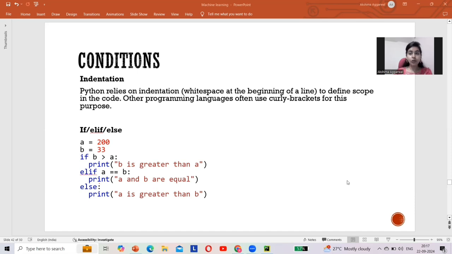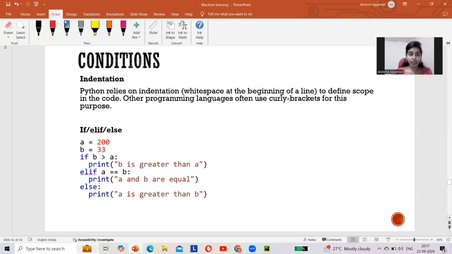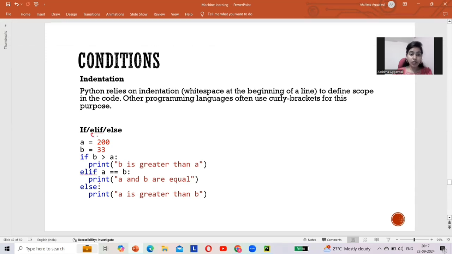Now, let's see how to give conditions by using if, elif, else. Kindly understand, there are two terms. If, as we all know, is where we give the condition. Now, why are we using elif here? Elif is used if we want to give two or more conditions. We are able to use multiple elifs.